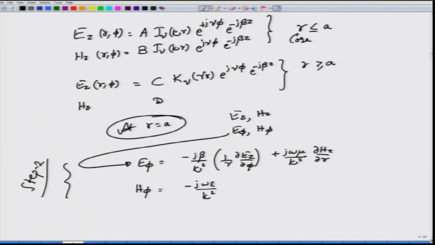So, minus j omega epsilon by kappa square del Ez by del r, and then you have minus j beta by kappa square r del Hz by del r. Okay. Notice that you are going to differentiate with respect to phi and differentiate with respect to r. When you differentiate with respect to phi, the assumed solution with respect to phi, you will pull out plus j nu, okay, and when you differentiate with respect to r, you are differentiating Bessel function of the first kind,